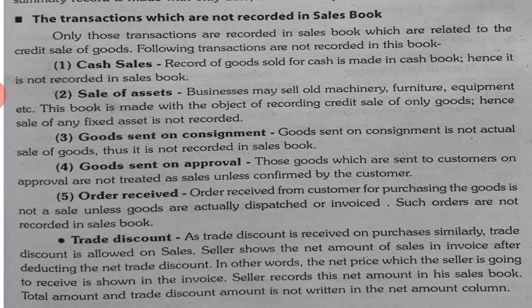Only the thing is trade discount is mentioned, because in both, whether it is purchase or sales, we have to make a narration and deduction of trade discount here, and after deducting that, the net amount is shown in the column number